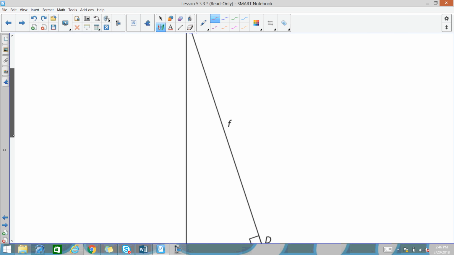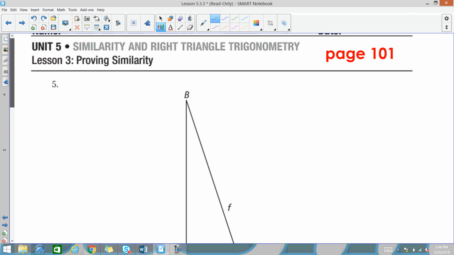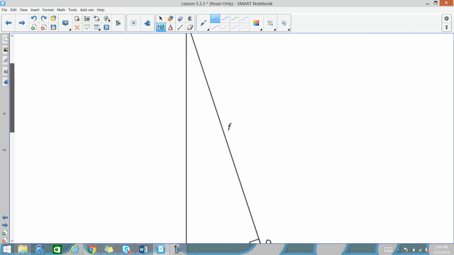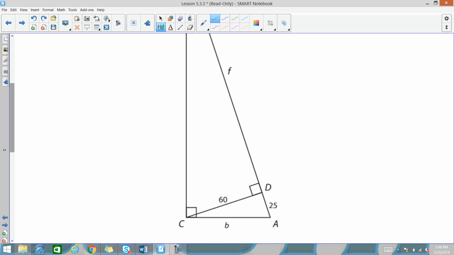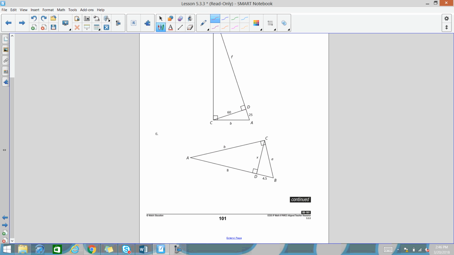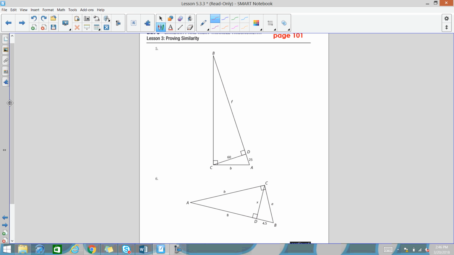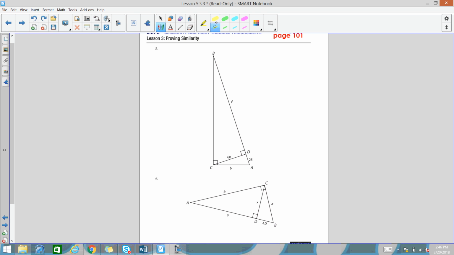All right, so now page 101. What I'd like you to do is try number 5. Nah, let's do this. We'll do number 5 together. Now, number 5, I kind of got to scroll and look at it. If you look at this problem, let me make this a little bit smaller. That's really small. All right, if you look at your big triangle,